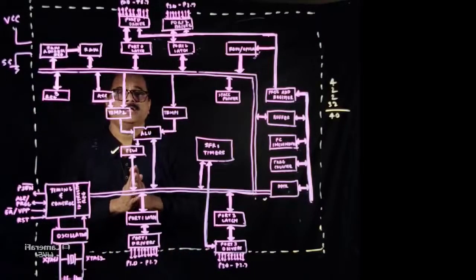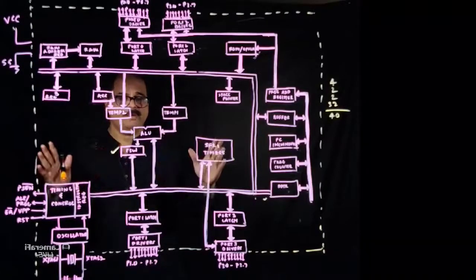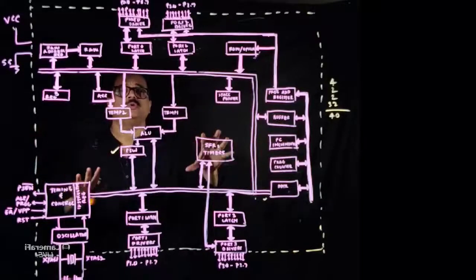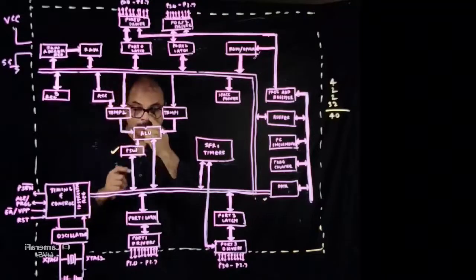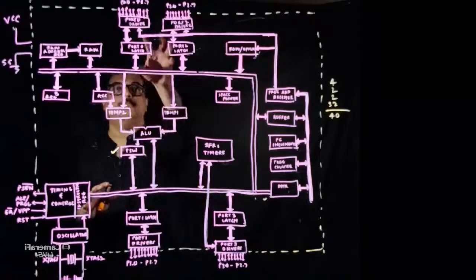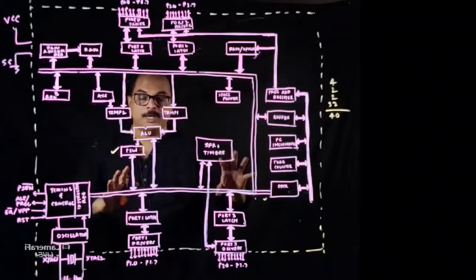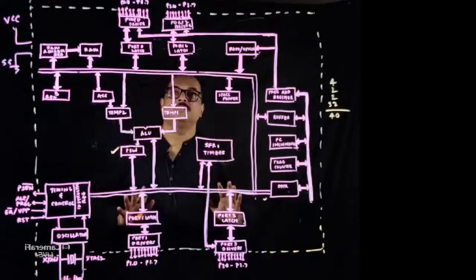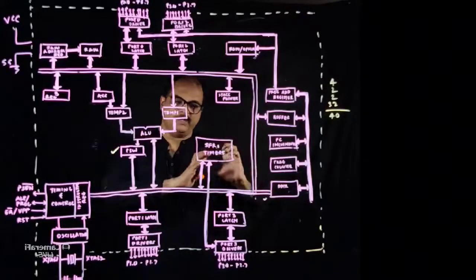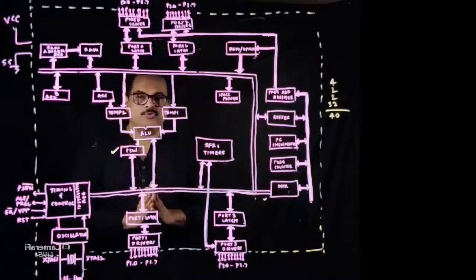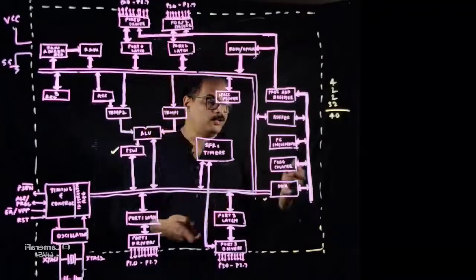Okay, you got that? Now let me divide this entire block into a few categories. Now you see port 1, port 2, port 3, port 4, there are 4 ports. So let us call this one category of blocks, ports, IO ports, right? So you have IO ports,